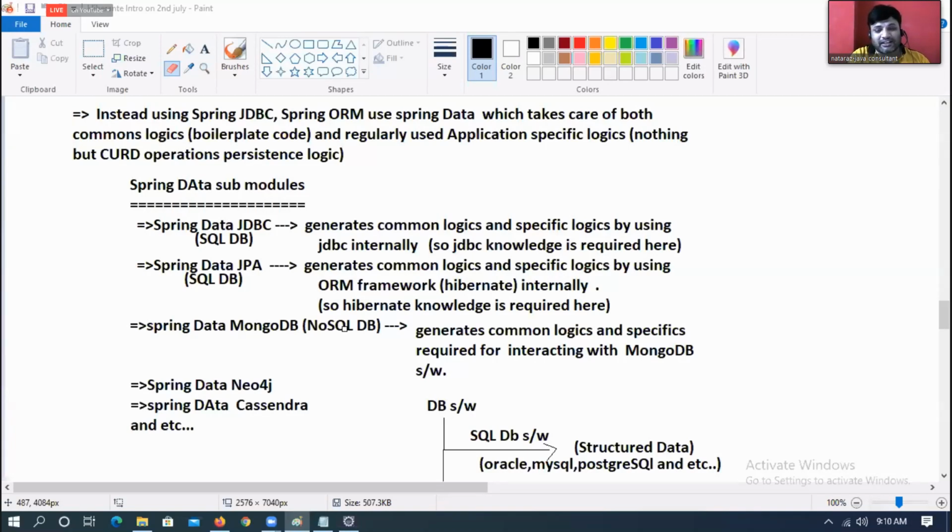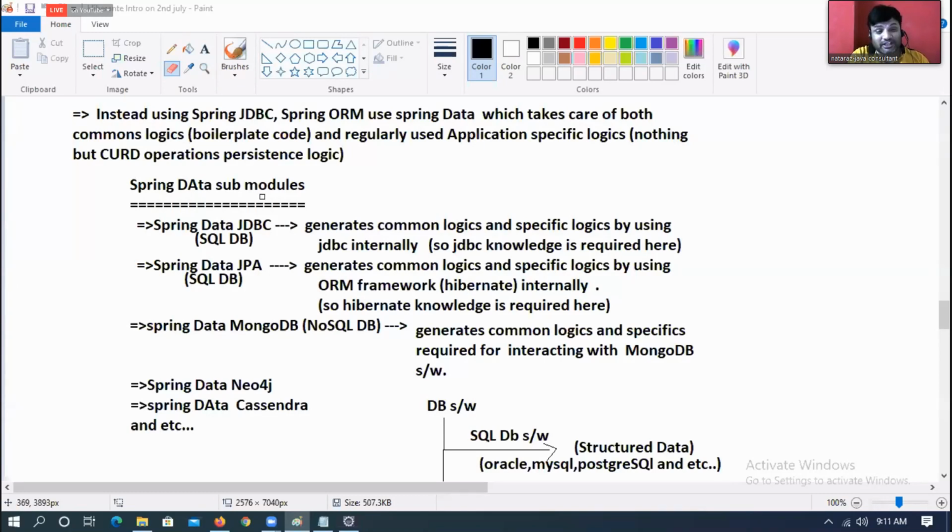Spring Data says, I am giving a unified model, a single environment to deal with both SQL and NoSQL database software.